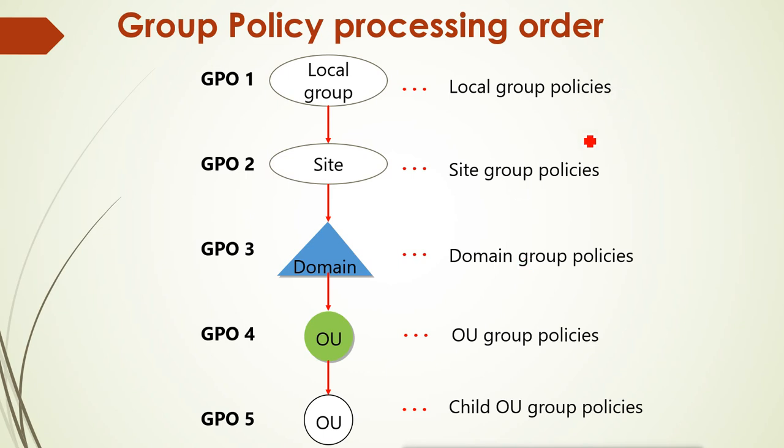For example, we configure some policy in the local group policy object. Local group policy is available for every computer. We can open the local group policy by using gpedit.msc. It will open the group policy of the local computer. It looks the same as when we open the group policy object for the domain. It is the same management editor, and you can edit the policy for computers. You can also edit the policy for users, but it is going to apply only to that local computer.